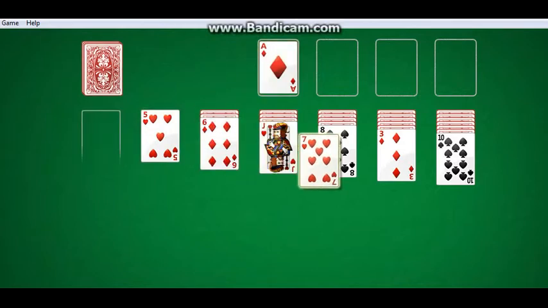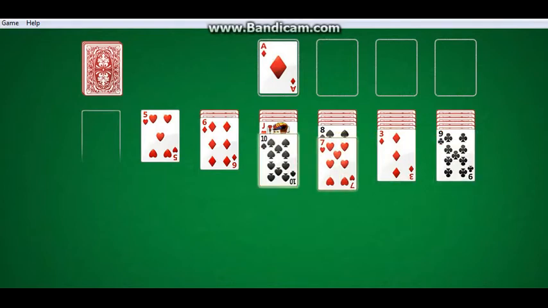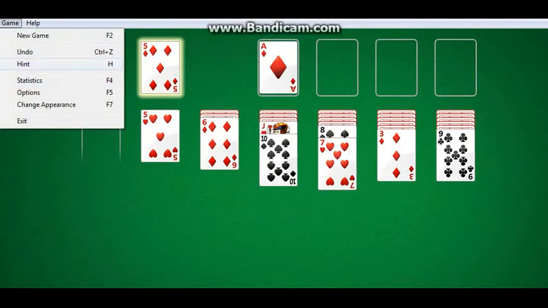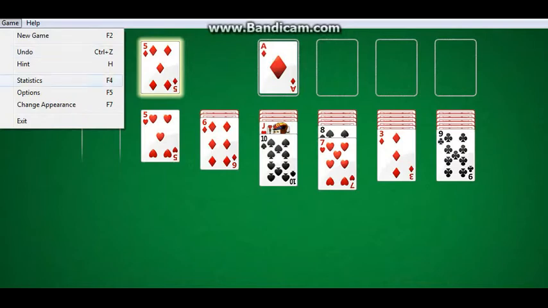It's all about luck because you need to get the right cards. And here I'm doing the Windows 7 version. I'll be getting to the XP version very soon because I like that better. So let me take a look at the stuff. You can do a standard time mode, non-timed, Vegas mode, that kind of stuff. And if you push H, and this is only a feature in this Windows 7 version,